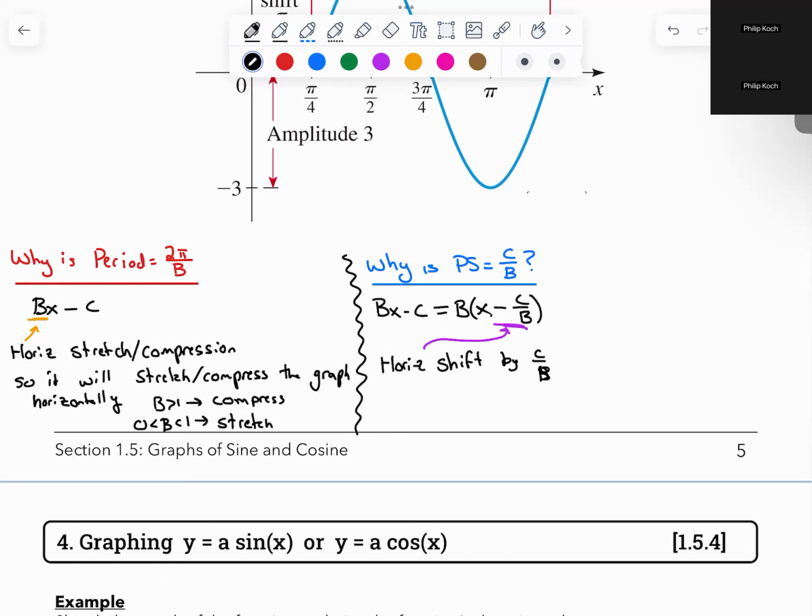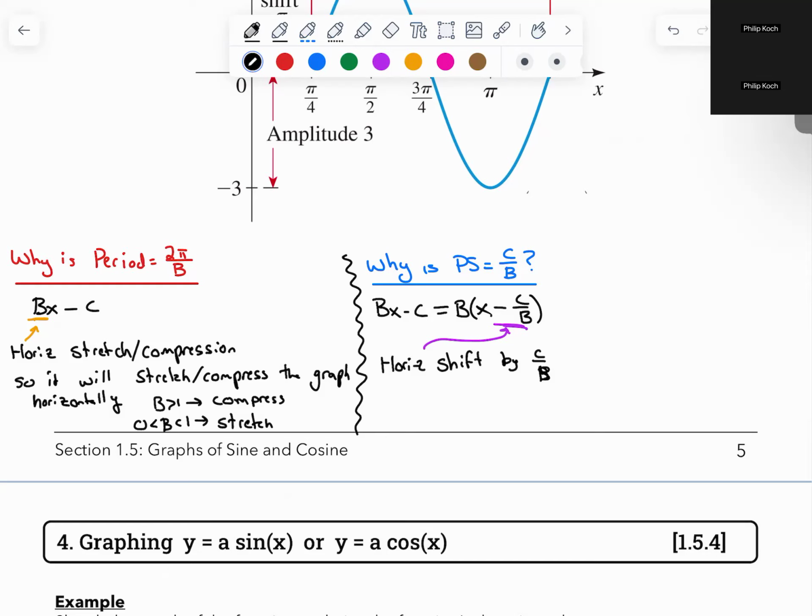And if you remember anything about linear transformations, I actually want to ask this as a general consensus. Did you guys hate doing the horizontal stuff? Because the horizontal stuff was always counterintuitive. Vertical stuff just made sense. If I add d on the outside, it goes up. If I subtract d on the outside, it goes down. But with inside stuff, if it was subtracted, you moved right, going more positive. But if it was added, you were going left because it was more negative. Yeah. Has x minus c. You gotta move it. Wait, what was it? You gotta move it back to 0.